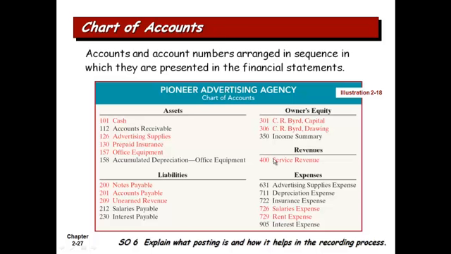However, you can break that down into revenue A, B, C, or D, however you want to do it. There's no set rule of what accounts you need to have. I mean, you can have advertising supplies, you can have office supplies, whatever you see fit in your business. As far as expenses, this example has advertising supplies expense, depreciation expense, insurance expense, keyword expenses, and you'll see one deviation from this rule,